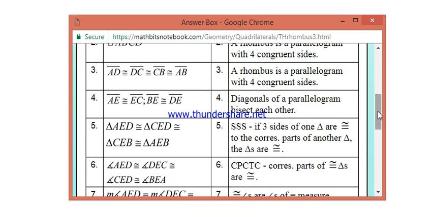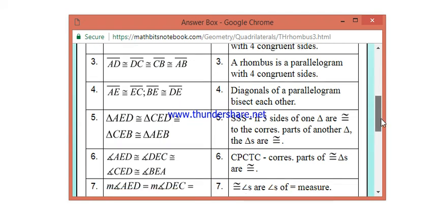sides. Number 3, line AD is congruent to line DC and congruent to line CB and congruent to line AB. A rhombus is a parallelogram with 4 congruent sides. Number 4, line AE is congruent to line EC and line BE is congruent to line DE. Diagonals of a parallelogram bisect each other. Number 5,